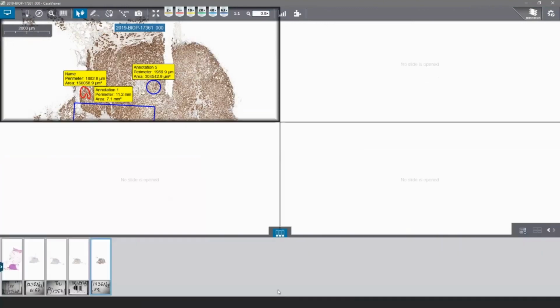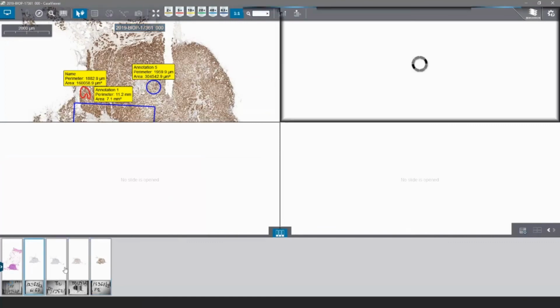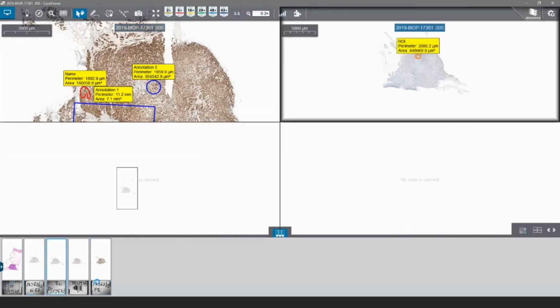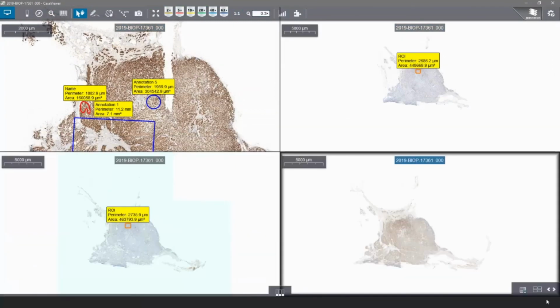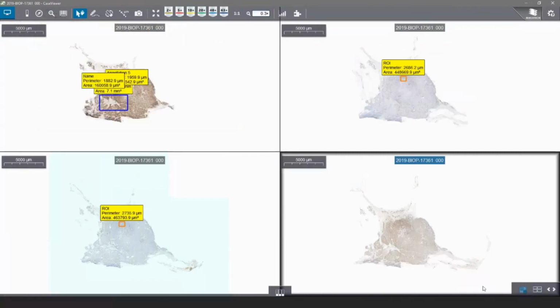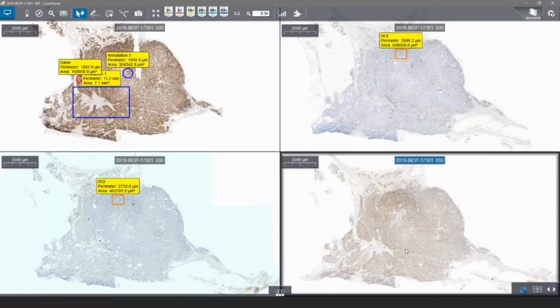After that, from the virtual tray, I can simply open all the other slides from this case, and with one single click I can instruct the software to move them into the same zoom level and same orientation. I can link them together, and from now on I can zoom